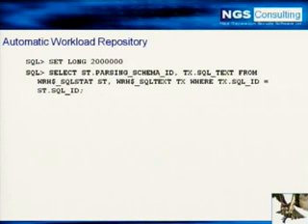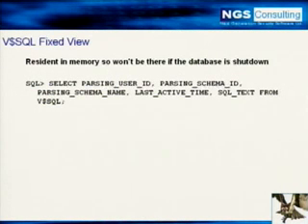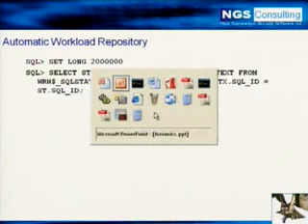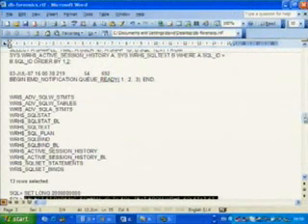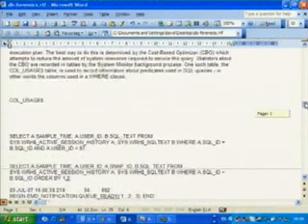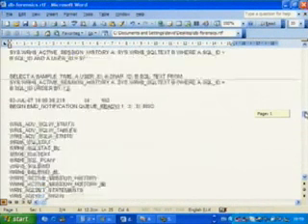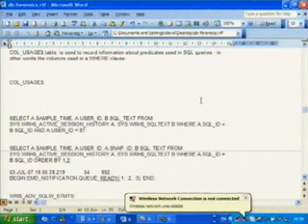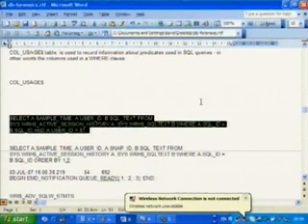So one way we could do this in the automatic workload repository is combine the stats with the text and dump basically all the SQL text there. There should be another one. Here we can get the, no, that's not it. Sorry, I was missing a slide there. Which query is it? This one here you can use obviously to dump information about a given user ID that's performed a certain query.